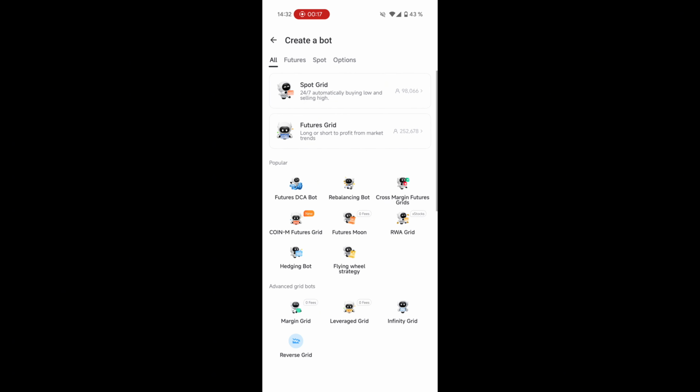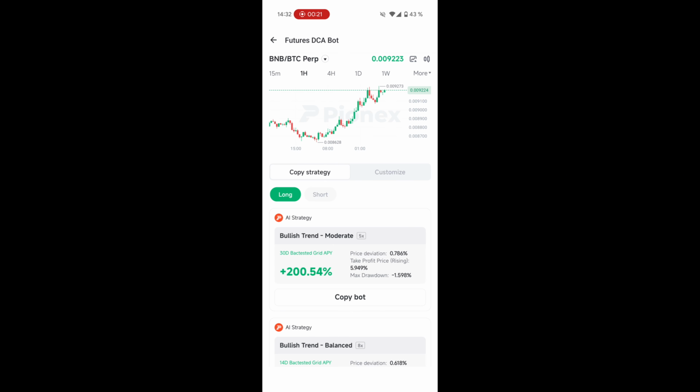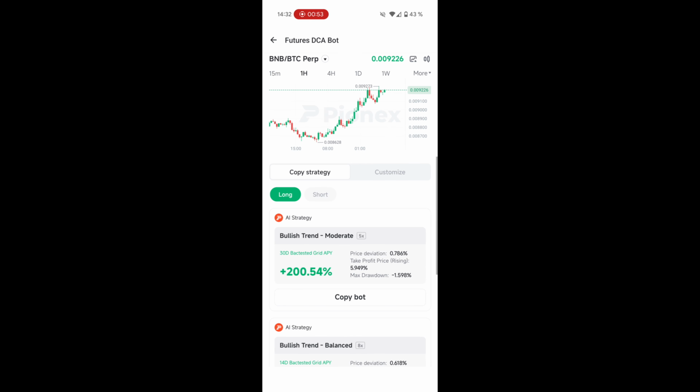What actually is a DCA bot? Well, DCA stands for dollar cost averaging, meaning the idea behind this is, for example, if you open one as a long bot, it will buy and buy and buy more when the price drops and then sell everything at a specific time. Sounds a bit like a grid bot, right? Well, yes and no. The difference is a grid bot always trades and directly sells what it bought. A DCA bot will accumulate more and more until it reaches a certain point.